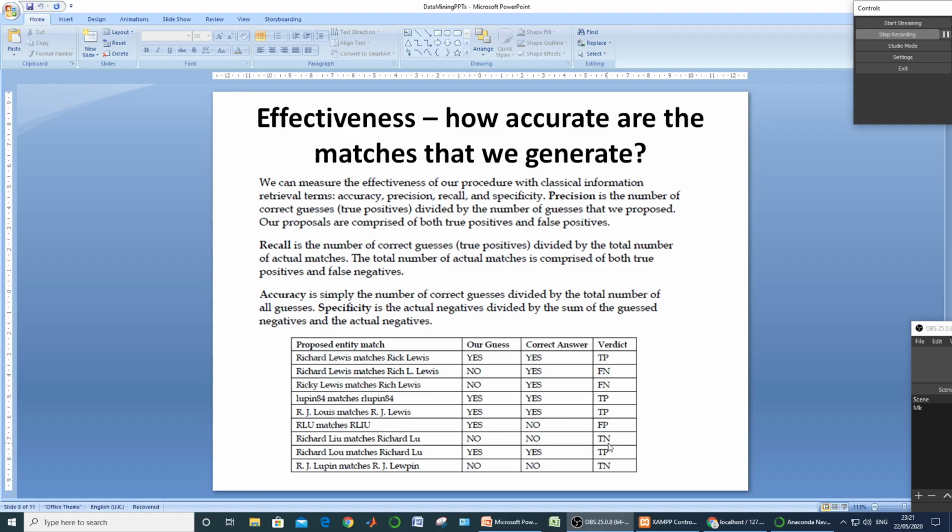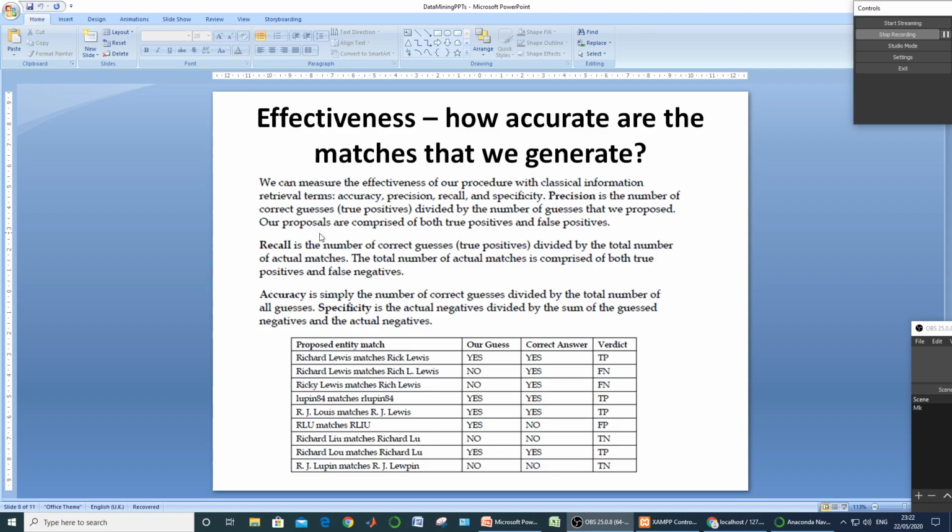Now come to the next one, that is U matches Richard. Our system generated no, and it was actually no from the ground truth. So the negation generated by our system is true in nature. That is why it is named true negatives. In this way we define true positives, true negatives, false positives and false negatives, which are to be used for calculations of precision, recall and F measures, etc.